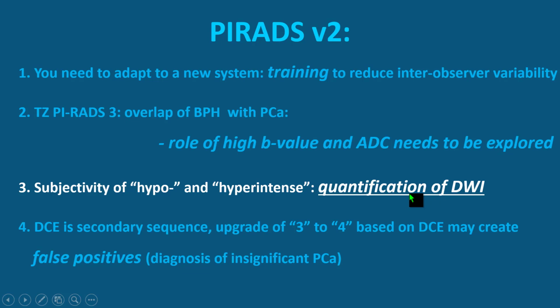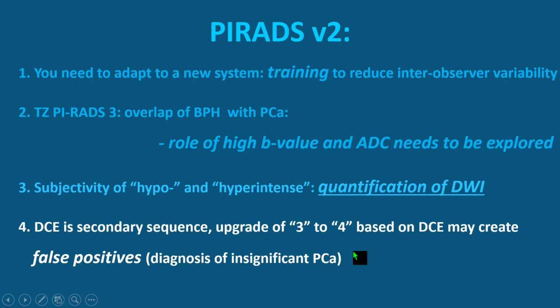And my advice to you is, explore and evaluate in your institution which ADC value is the threshold between cancer and no cancer. It may vary a bit from system to system. With our system, Siemens, Skyra and Prisma, it's about 900 to 850. So if it's up above 1000, it's nothing. If it's below 850, it's cancer. But you have to find that yourself based on the feedback you get from the multidisciplinary teams.